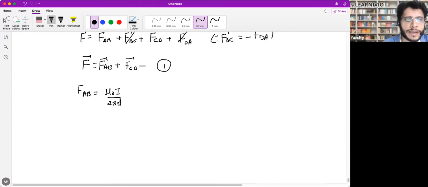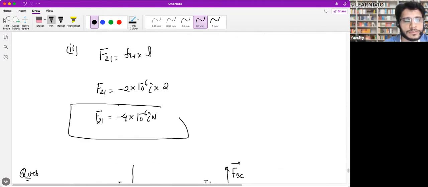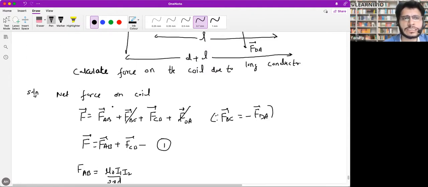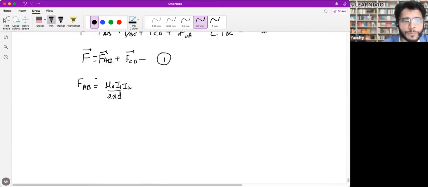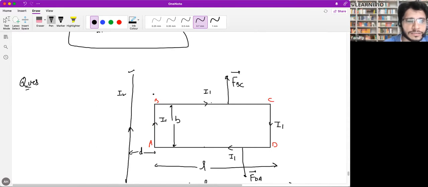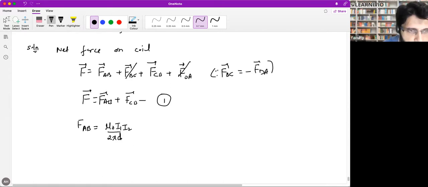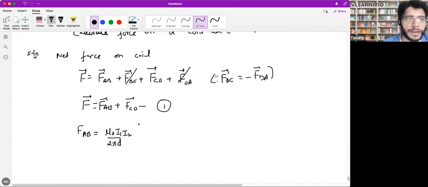You're calculating force or magnetic field? You want force, okay? It will be I1, I2, ILB sin theta. This formula, force between two parallel conductors. One is here, another is here. Mu naught I1 I2 by 2 pi D. Now, Ahmed, is this force on the whole AB conductor or just unit length? Just unit length. What's the length of AB conductor? Check from the diagram. L. So what you will do? Multiply it with L, right?